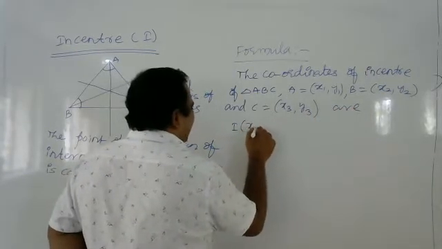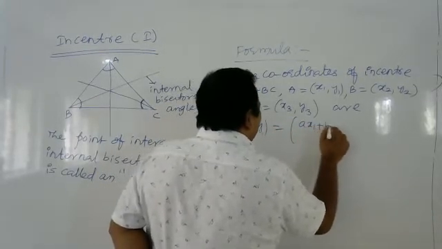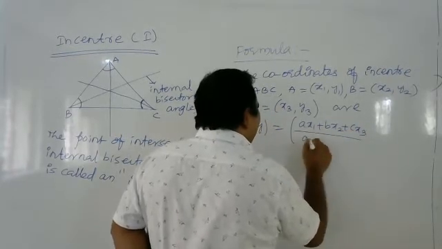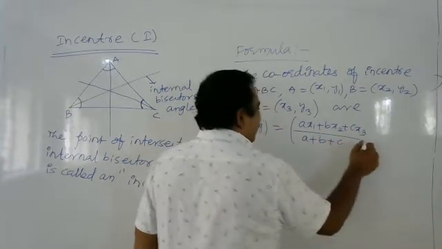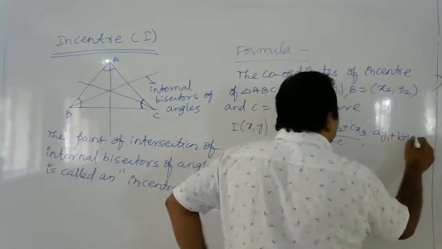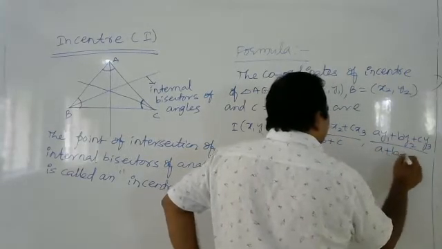I of (x, y) equals (ax1 + bx2 + cx3) by (a + b + c), (ay1 + by2 + cy3) by (a + b + c),